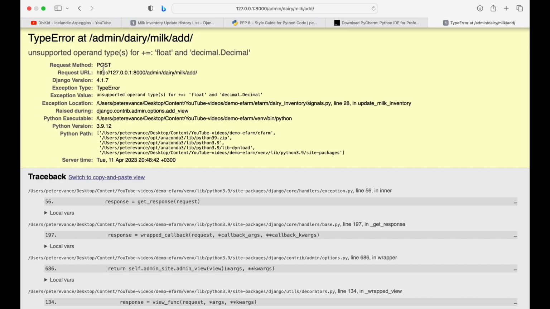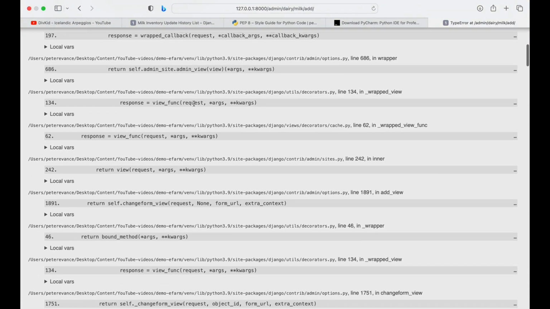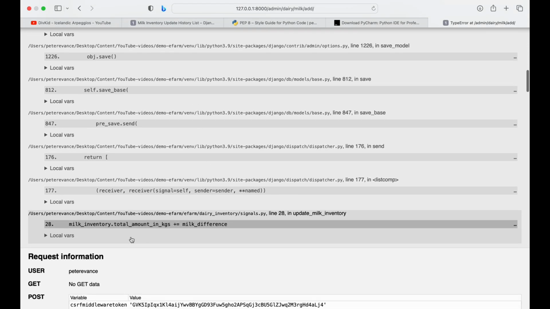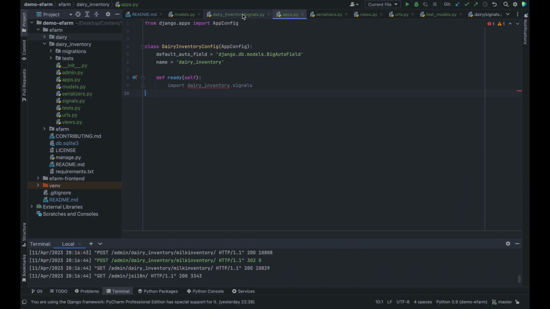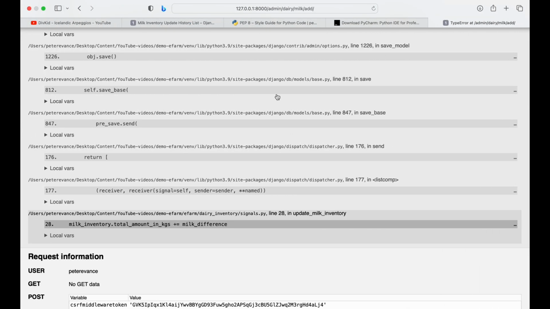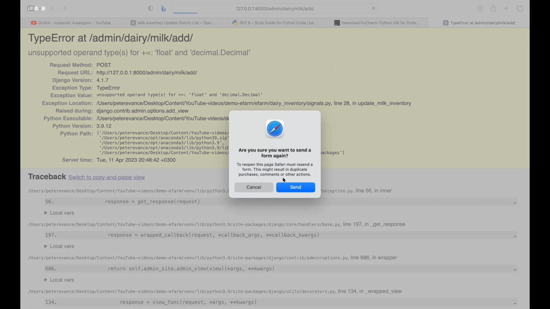And now we have this error of the unsupported operand type, float and decimal. So let us check the traceback to see where the error is coming from. Okay, it's coming from line number 28 in the signals.py. So line number 28 in our signals.py is here. This was a decimal field, and let me check the type of the milk difference. So this is an integer field, so it makes sense. Let me wrap it under float so that we change the value here to be a float, and then check it out again. So if I send the same request to the server again,